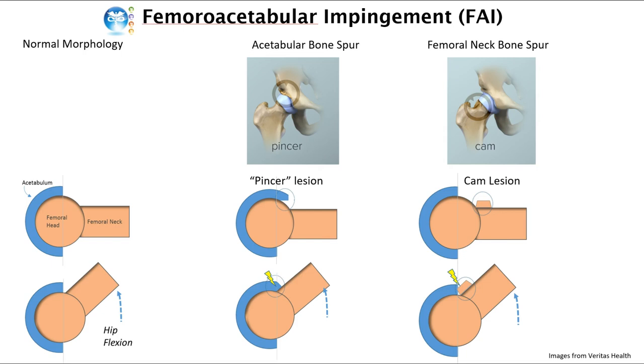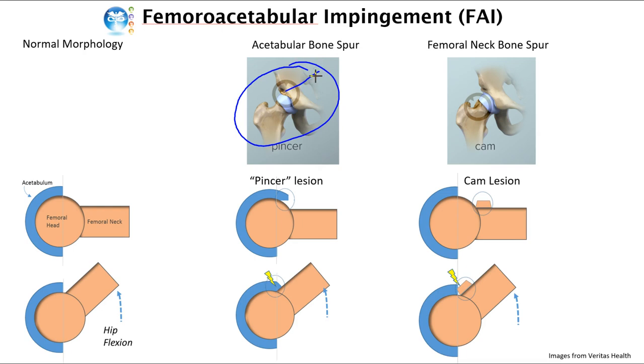Femoroacetabular impingement, or FAI, is a moderately common hip disorder in the young active population. However, it is a relatively new diagnosis, so much so that when I first started my clinical practice in the late 90s, it didn't exist. If the acetabulum is enlarged by excessive spurring, as we see here in this picture,